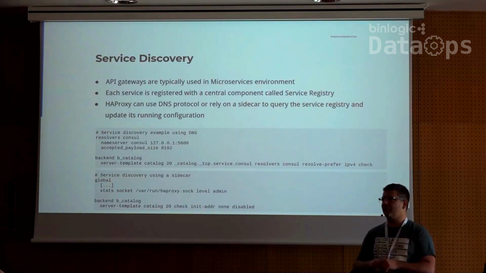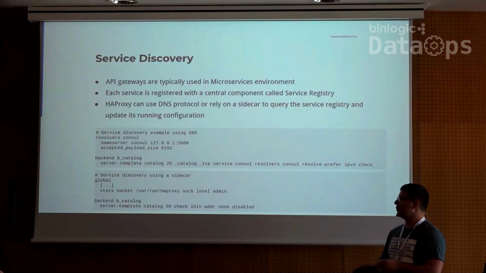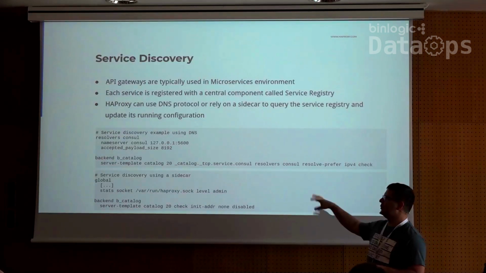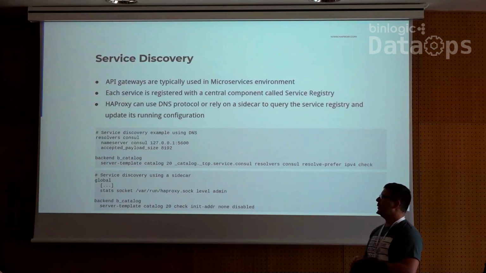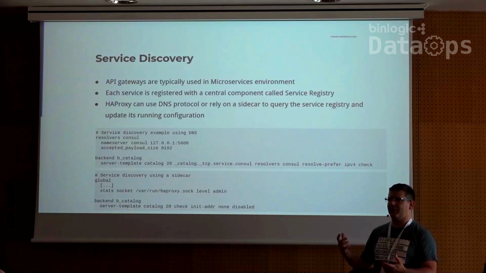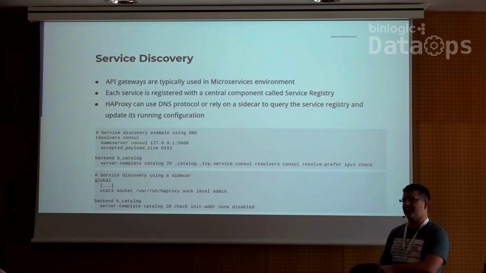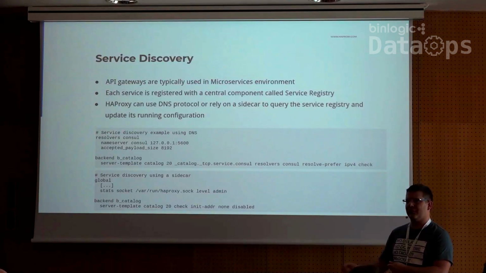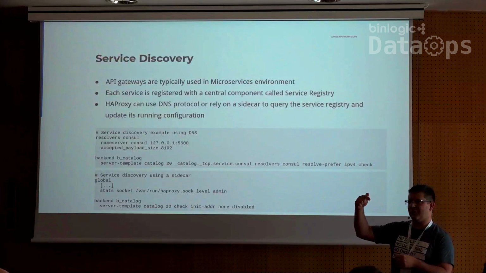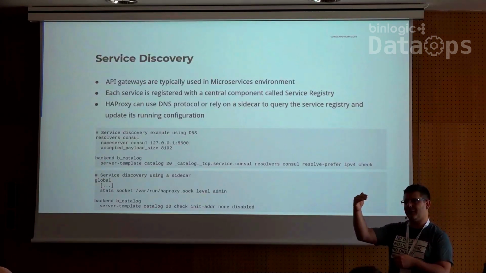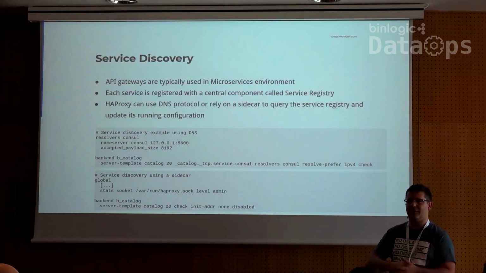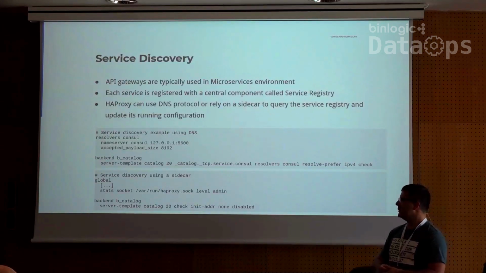So we have different ways of doing that. The most common way, and I use a Consul example here, is to use Consul. You start up a server, your server will register into Consul, and HAProxy can use its internal DNS resolver to do SRV records with Consul. As soon as your service has been registered into Consul, Consul will just update the SRV record list, and HAProxy will take this new server into account. That's how we do it.